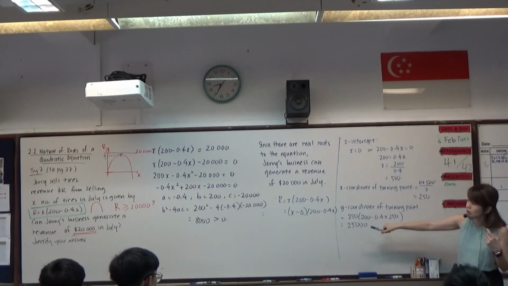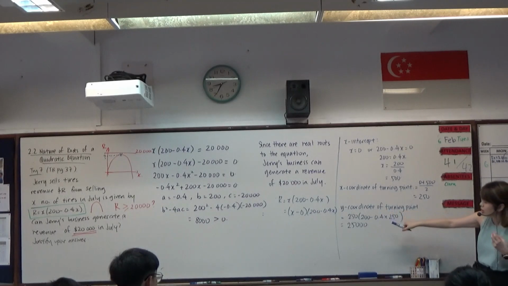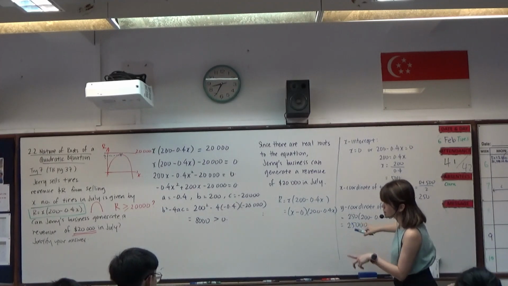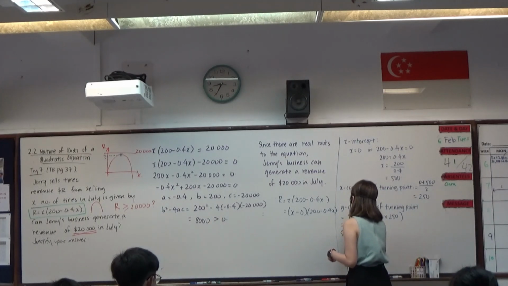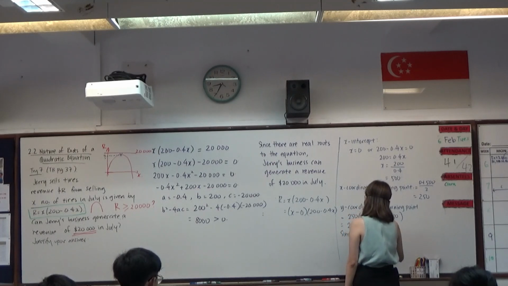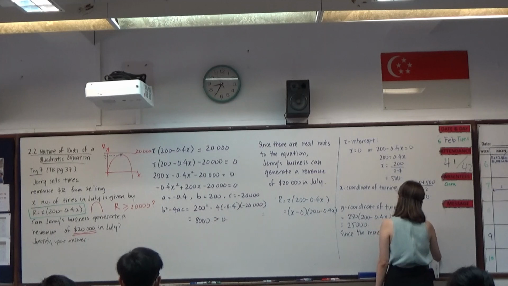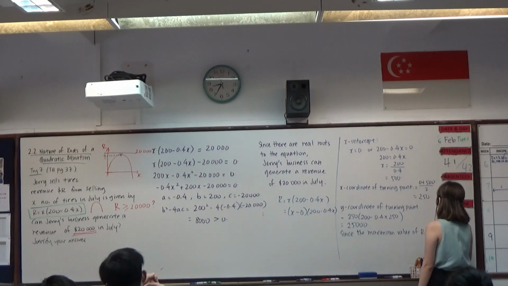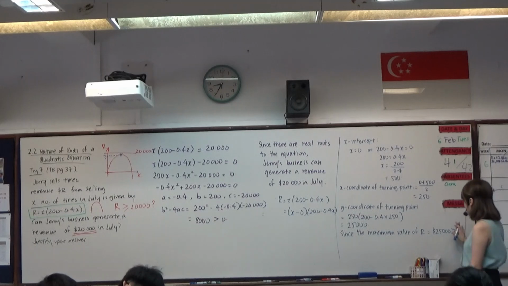Therefore that is more than $20,000. Hence, we can say it is possible to generate a revenue of $20,000. So we explain by saying since the maximum value of R equals $25,000, which is more than $20,000,